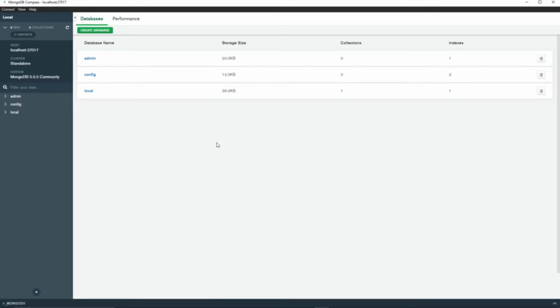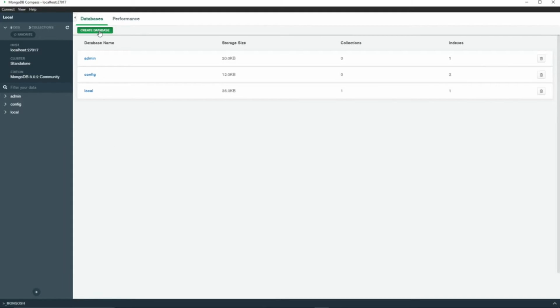Once the MongoDB is started, open the MongoDB Compass. It will auto detect if there is a MongoDB server running in your local. And our MongoDB server is running in this port 27017. This is the default port for MongoDB. These are the databases which are already available. We don't have to do anything with these databases. We have to create our own database and store our collections in the database.